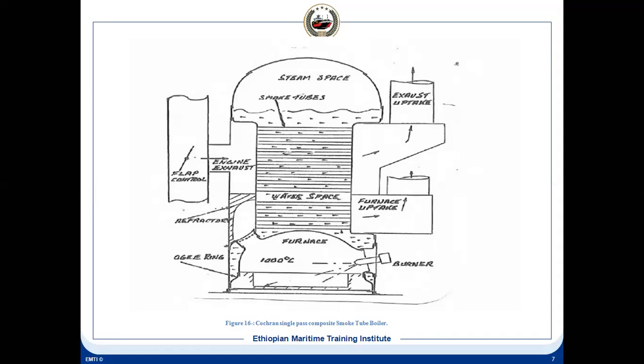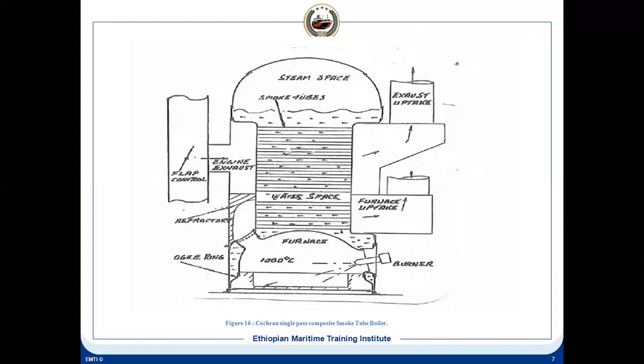Again, we are talking about a composite boiler. A composite boiler will be used in places where the steam requirement is not very high. So it operates at a normal working pressure of 7 bar, and the smaller set of tubes is supplied by the oil-fired furnace gases. The burner is burning the fuel oil in the furnace, while the larger set is supplied from the main engine exhaust gases, which are controlled by an adjustable flap to limit the steam pressure during the ship's passage.